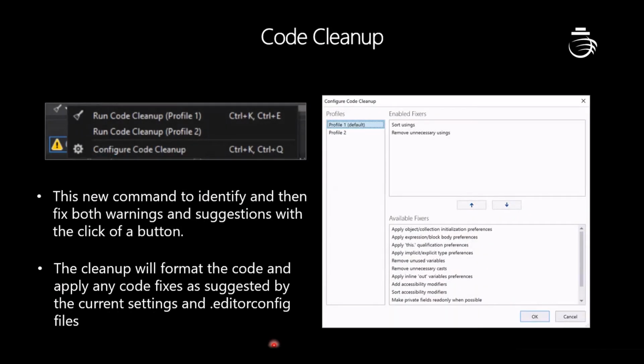So the next one is code cleanup, or the single click code cleanup. Visual Studio provides an instant code cleanup feature where we can clean our code, like unused variables, unused usings, and explicit variables, etc. For example, after completing the code in your project, you will get a lot of warnings and suggestions, right? That needs to be cleared. It's a good practice to keep your project without any warnings and suggestions. If you find any warnings, you go to the particular line and clear that.